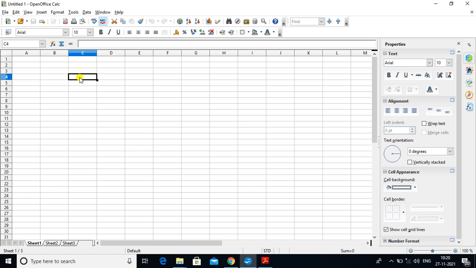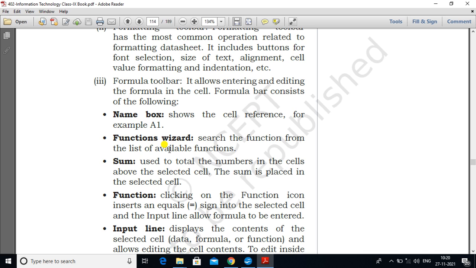If I click in this cell, it shows the name of this cell, meaning it displays the name of the active cell.